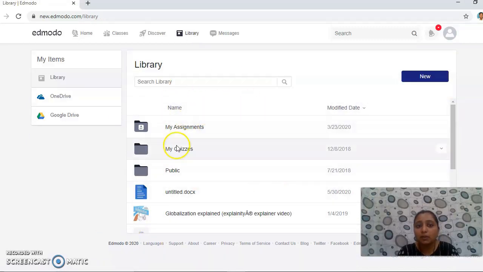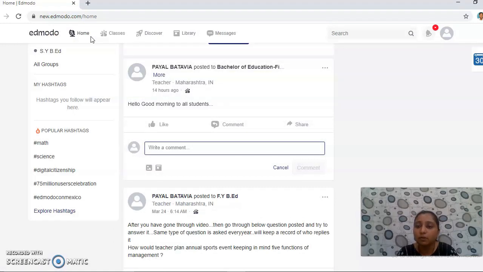Library is your own library where you keep all your documents. Suppose it is an assignment or quiz or any particular video which you have already selected for your students. All that you can keep and upload over here, because what happens in home is that everything is published to the students, but we want to give to our students one by one. So library is an option